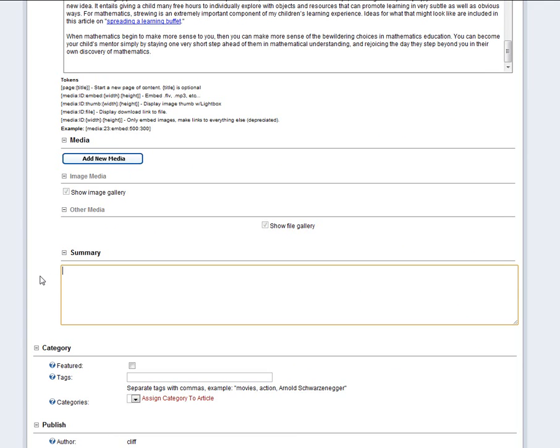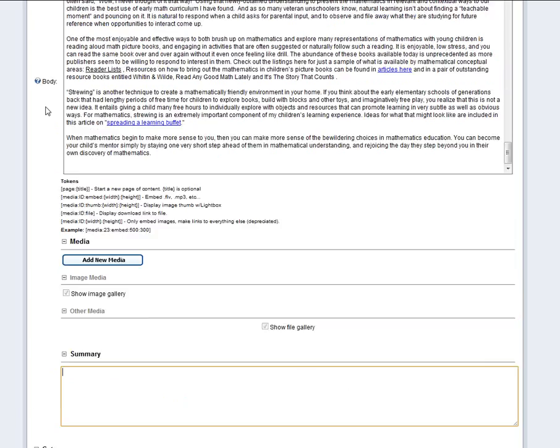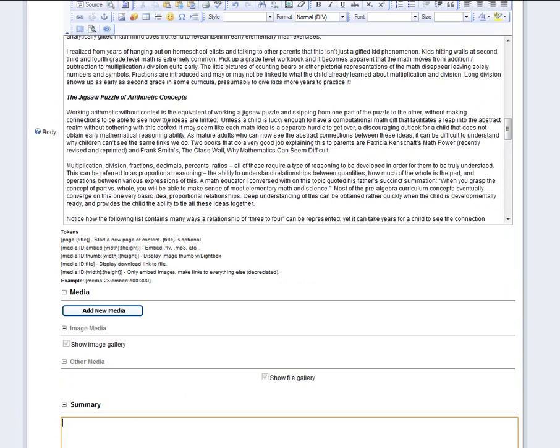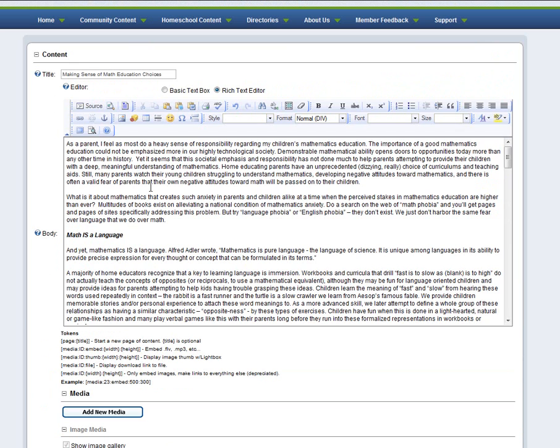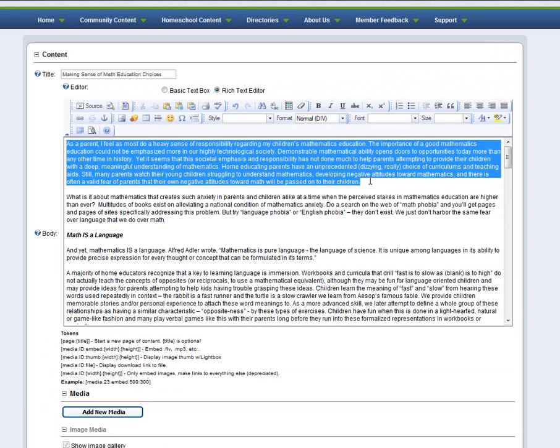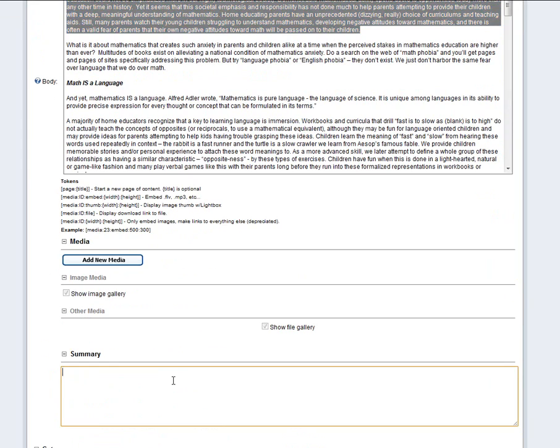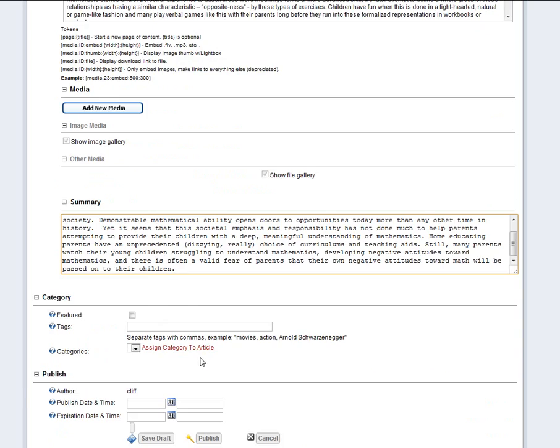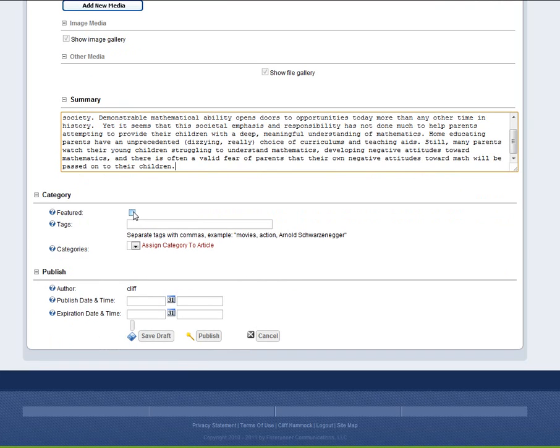You have the ability to put a summary in here, and what I'll do just for expediency is to take part of the first couple of sentences. Just take this first paragraph and put it in here as the summary. And we have the ability to select this as a featured article or not. And putting tags in here is going to help us